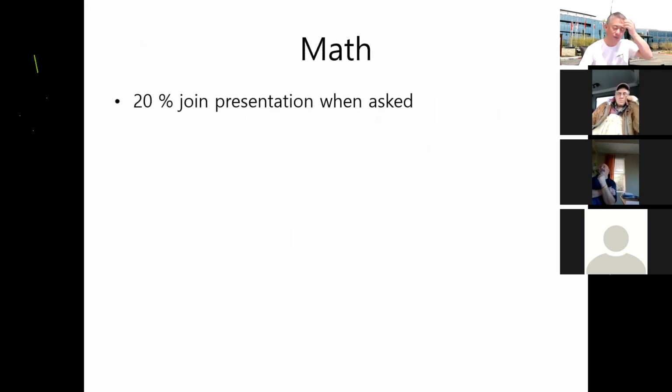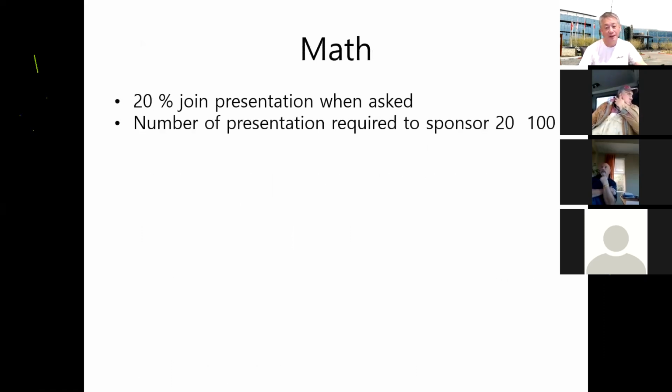Math. Let's do math, okay? To get 20 in 30 days, what's the math? About 20% of people that you invite to the meeting come, i.e. Zoom or a live meeting, whatever. So in order to get 20 people, you need to invite people to 100 presentations. Either you do 100 presentations, or in my case, I don't want to do presentations anymore. I'll invite them to the presentation on Zoom. Monday, Tuesday, Wednesday, Thursday, Friday. I mean, 4 days, Monday through Thursday. If they can't make it, then I'll send them my presentation. If they can't make it, then I'll do the presentation.